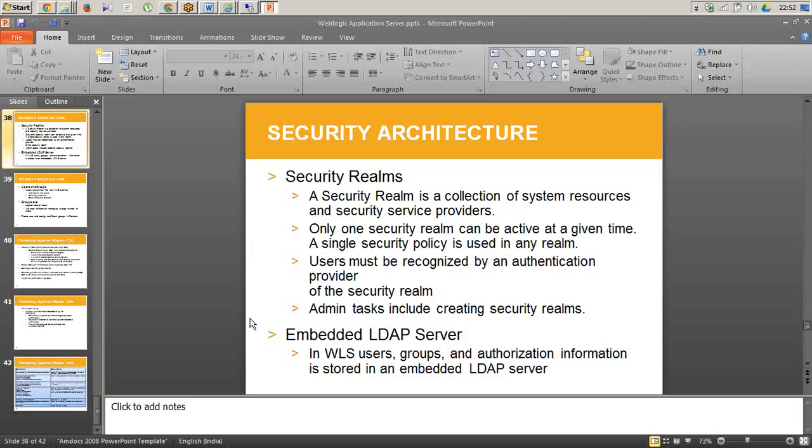So what is a realm? A realm is a collection of system resources and security service providers. So we will be defining a realm. Basically, a realm consists of a collection of system resources and some providers. You can define some providers there which enforce the restrictions,